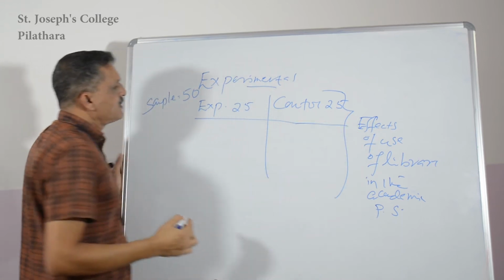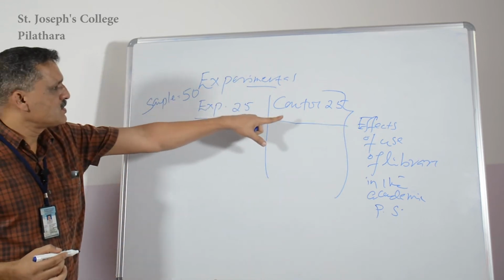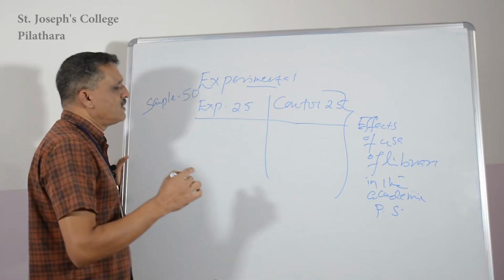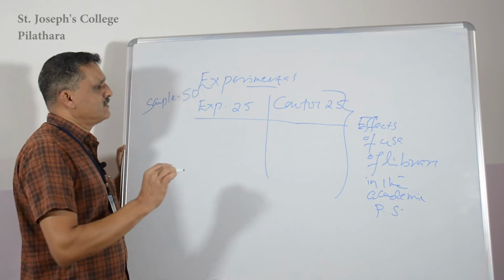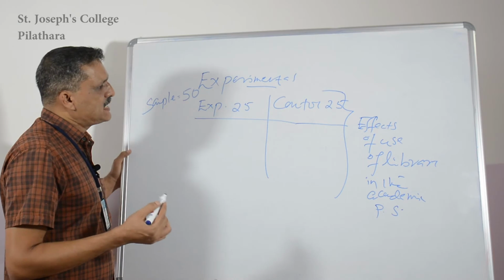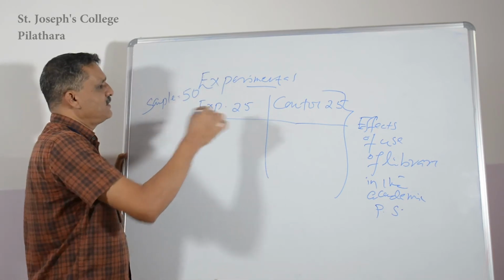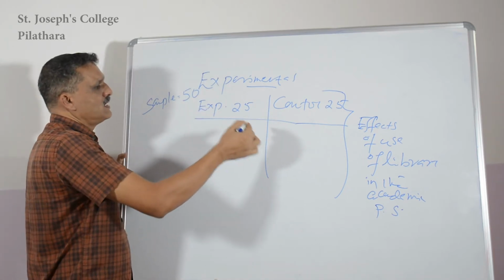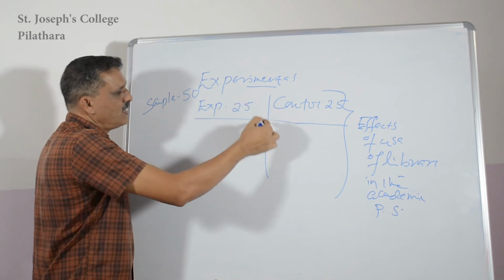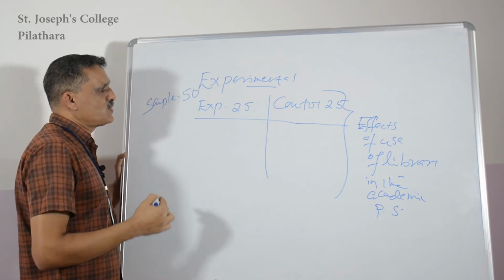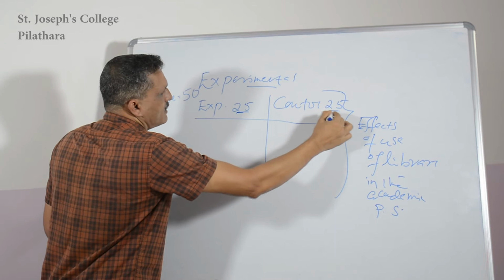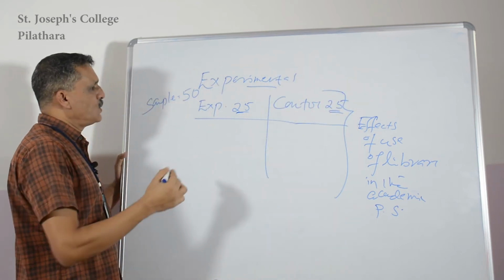How to select students for both the experimental and control group? For that we have to go for a sampling method. Any kind of sampling method can be used, but the best method is the probability sampling method. Later we will look at what the sampling methods are, and there we will study the sampling process in detail. Here we have 25 students for the experimental group and another 25 for the control group.